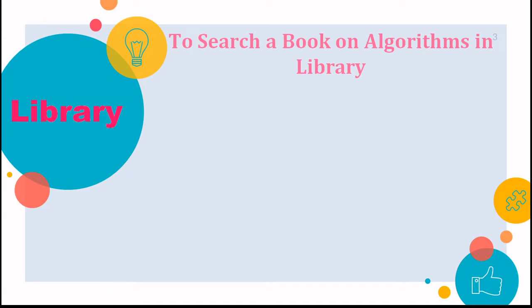Now coming to the next example, which is also very common in everyone's life. At some point in our life we have all visited a library, right? What do we do there basically? We search for a book. Let's say we are all computer science students, so we want to search for a book on algorithms in the library. What will be the procedure? There are millions of books in the library, so just randomly searching is not going to serve your purpose, because it would take months and months to find that particular book, right?